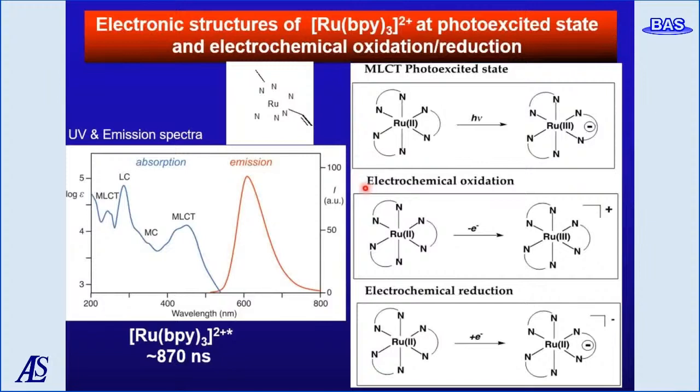The optical absorption is the charge transfer process from the central ruthenium to the peripheral ligand. On the other hand, in the electrochemical redox process, the oxidation occurs at the central metal ruthenium from the 2 to 3 state, with no significant effect on the peripheral ligand. In the reduction process, the reduction takes place on one bipyridine ligand, and 3 redox waves are observed in CV due to the sequential reductions of the other 2 ligands.